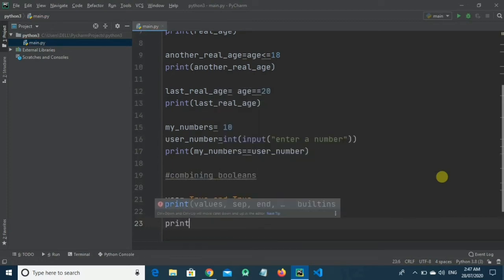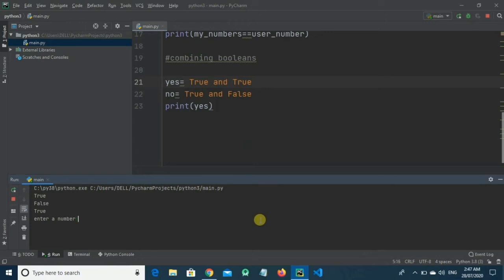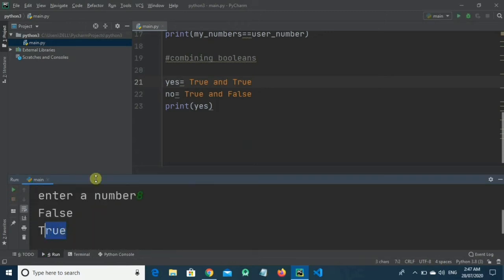You can see the output is true, because true and true becomes true. The AND operator will only give true if both of the values are true, just like in yes. But if any of the values is false, the AND operator will always give false.